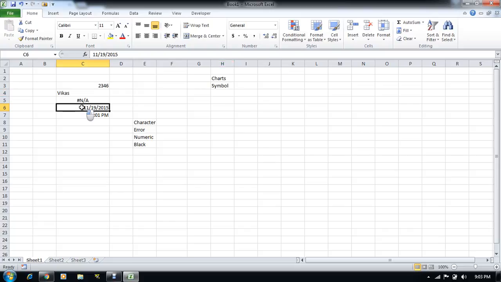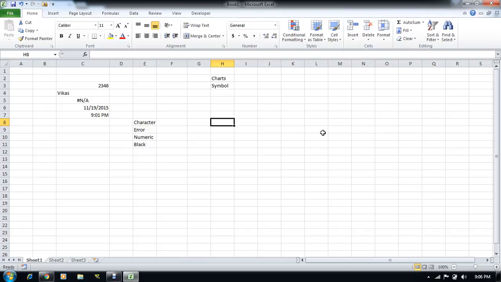Now let me explain about the date and the time value. Let's first start with the dates. Dates are nothing but numeric values in Excel.